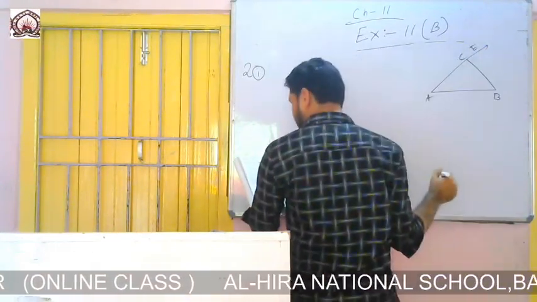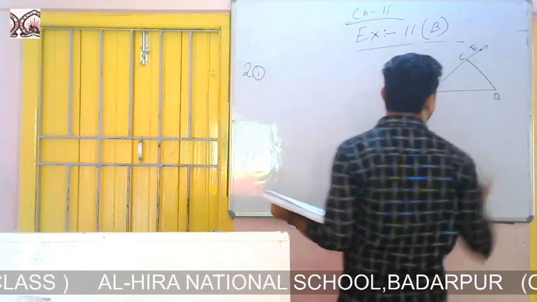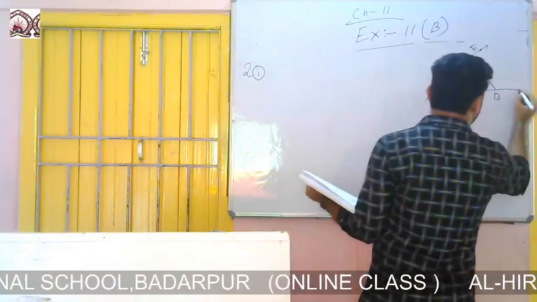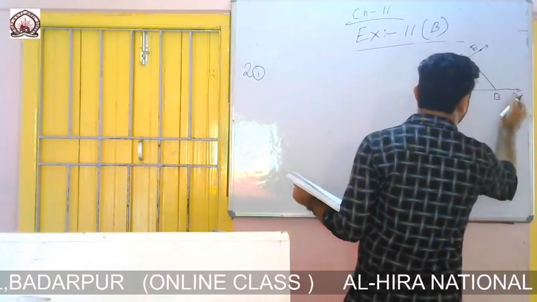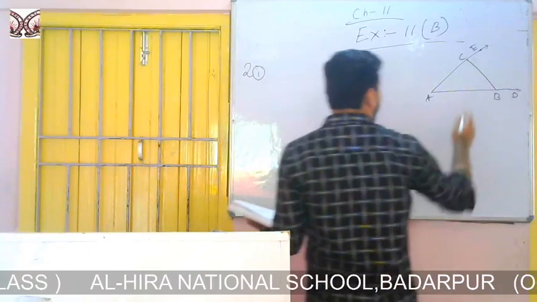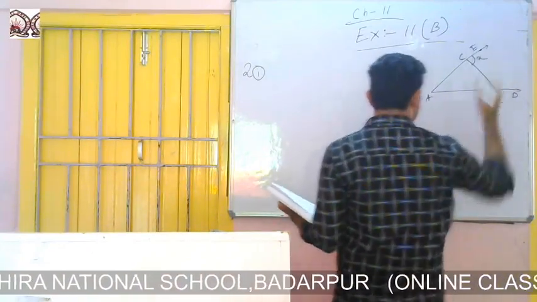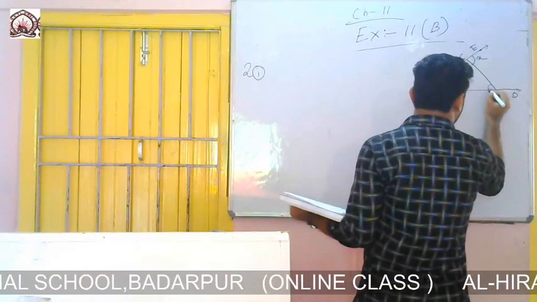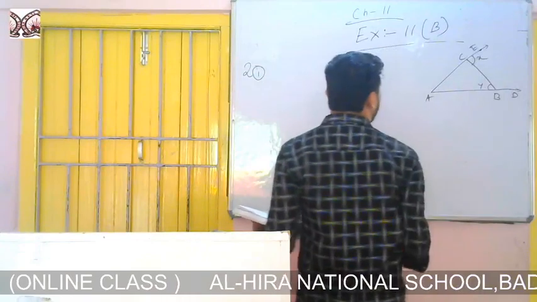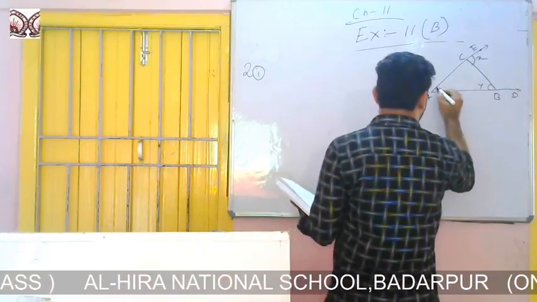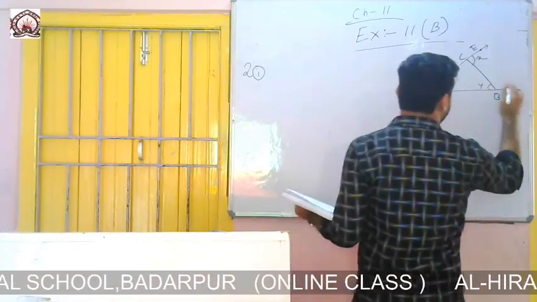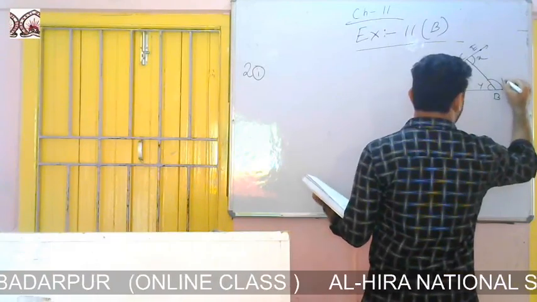E. Okay, this one is A, and AB is extended up to what, D. Okay, D, and we have to find this exterior angle X and this interior angle what, Y. The measure of this angle is given 40 degree, and the measure of this angle is given 120 degree,